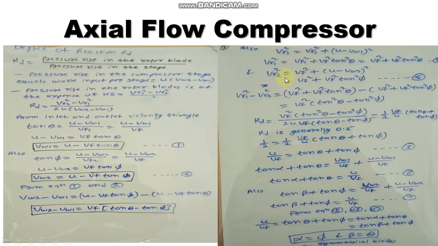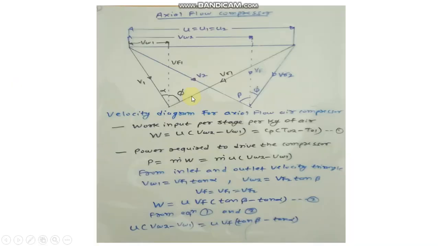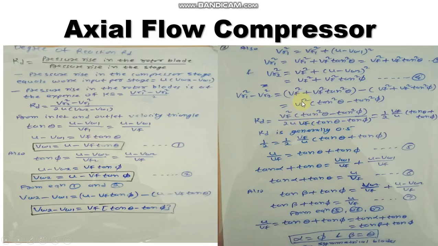Now VR2 square. See, this is VR2 square, equal to this distance. This distance is U minus VW2. Total is U minus VW2. So (U minus VW2) whole square plus VF2 square is equal to VR2 square. So VR2 square equals VF square plus (U minus VW2) whole square, from the outer triangle. What is U minus VW2? From this equation, we will get Vf tan phi. Now put the value of U minus VW2 as Vf tan phi. Now squaring this,